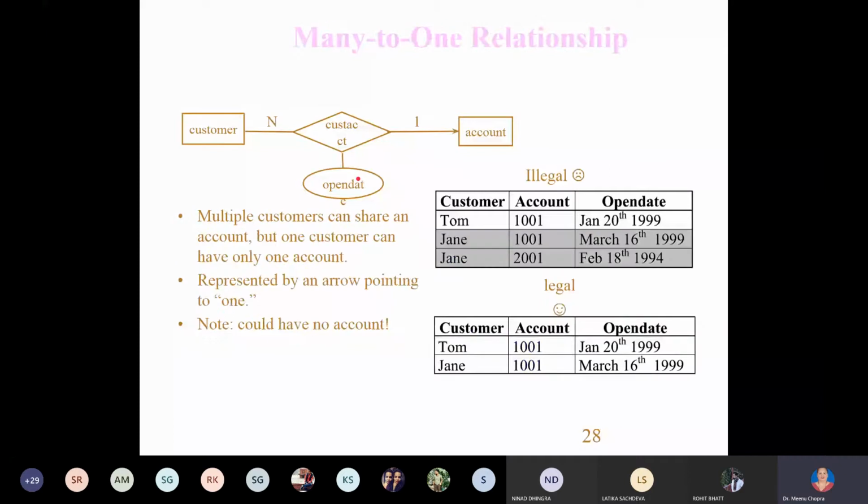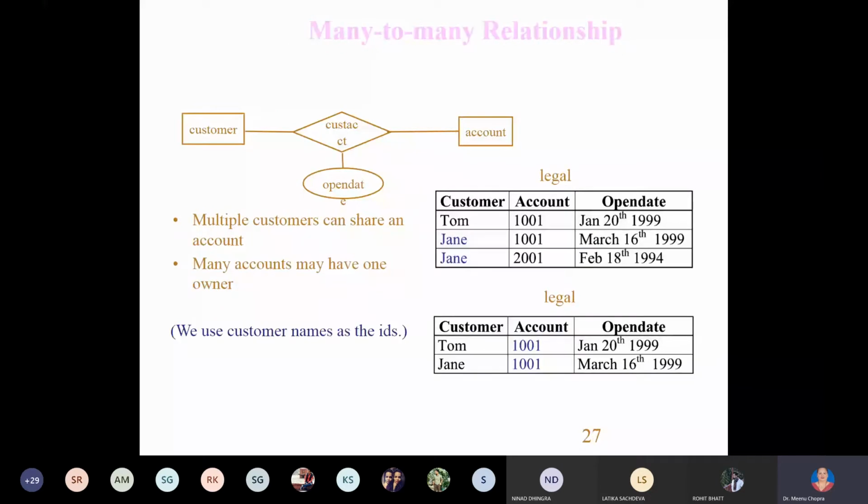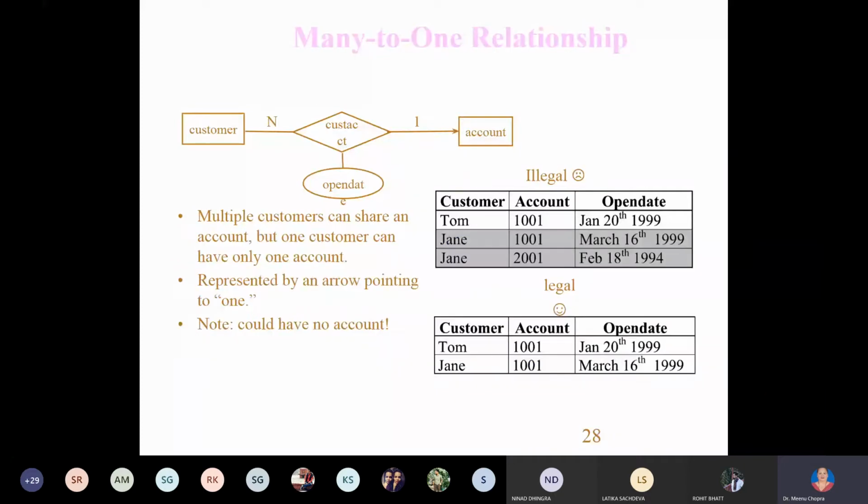Similarly, this one also. Now here we have 1:1 and 1:n. One account, one customer has many accounts. So it is up to you what your schema is and what your database wants. So it can be many to many. Similarly, many to one: many customers have one account. That means many customers and one account.